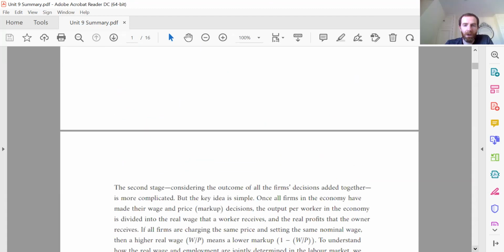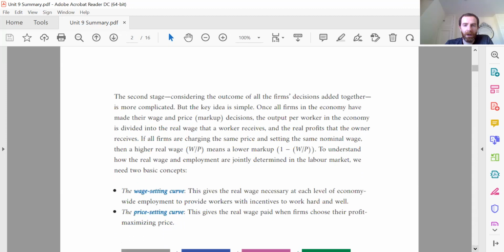All right, so after that, you get a little bit more, I use the word fudgy, in that we imagine that firms are all making the same types of decisions, which will mean that all firms choose the same wage for workers, and that all firms will choose the same price. So we see here, if all firms are charging the same price and they're all setting the same nominal wage,